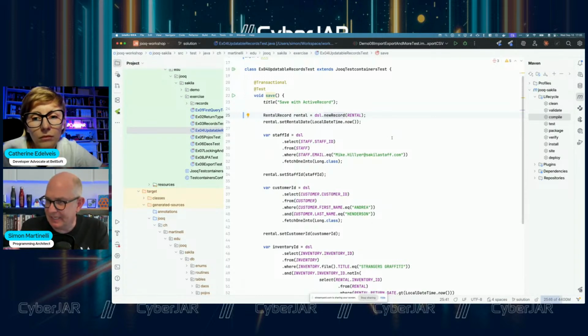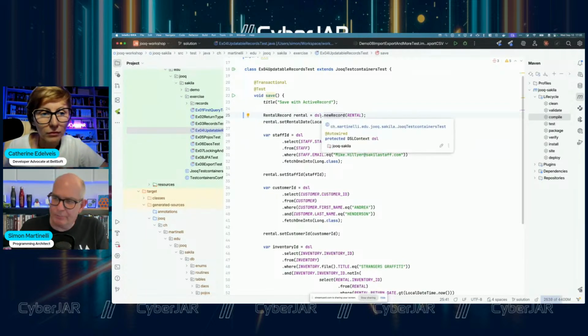That's the same as when you use, for example, the entity manager for JPA. So the DSL here, by the way, is of type DSLContext, and DSLContext is comparable with the entity manager of JPA. So you have a class that you use to access the database. So the entity manager factory and DSLContext are a bit similar to that.